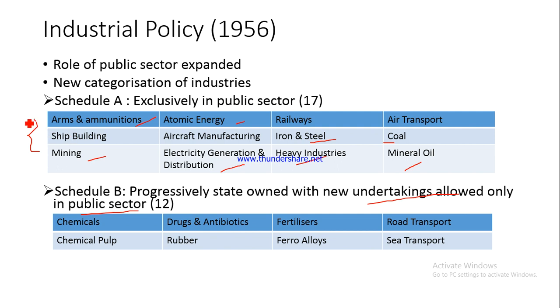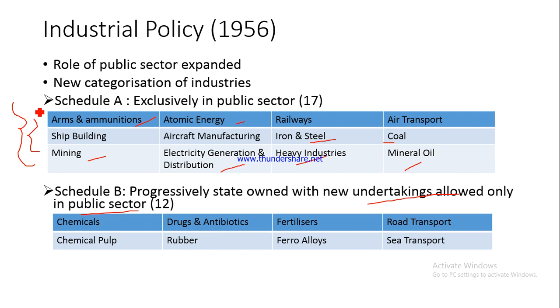Have a look. None of these are consumer goods. You understand? Almost you don't find any of the consumer goods here. So though I've mentioned, again here also, 12 instead of 17, none of them are basically consumer goods. So there is no mention of, let's say, a consumer durable item. There is no mention of FMCG products. So the products that fall under the consumer goods item are not